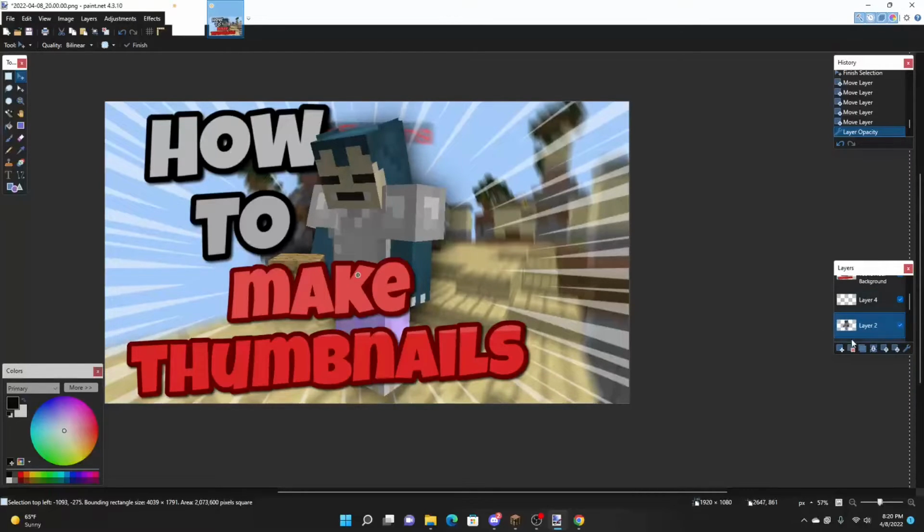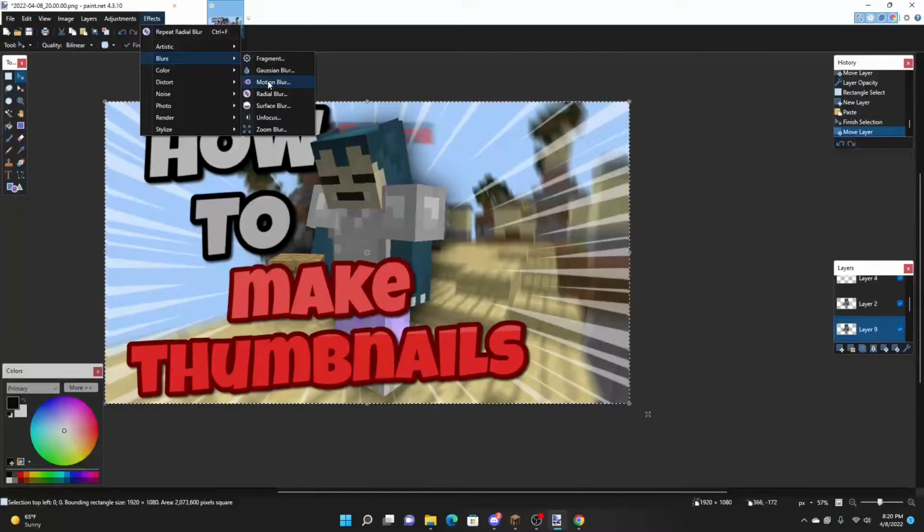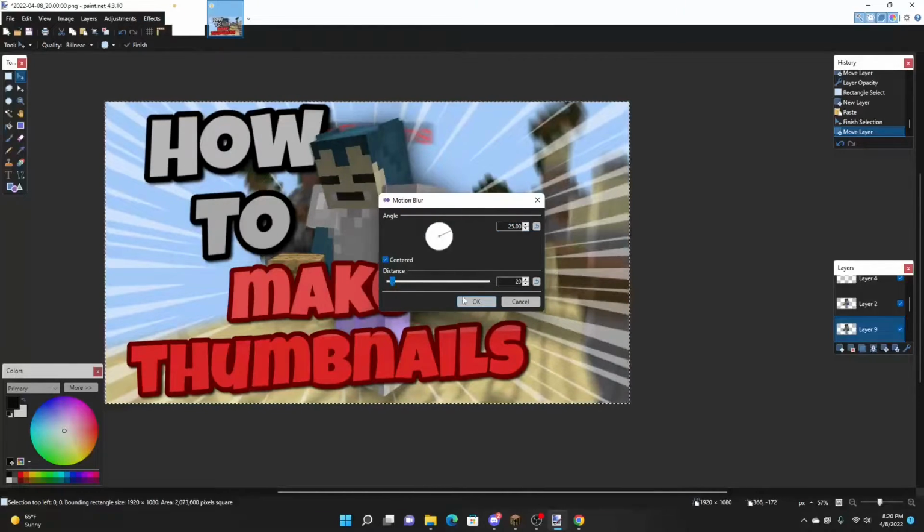So go to layer 2 or wherever your layer is with your character, select all, and then click Control C, and then add a new layer and click Control V. And that just made a new character, so you're gonna go below it. This is not another shadow. So basically you want to click effects, blurs, and then motion blur, and then yeah,